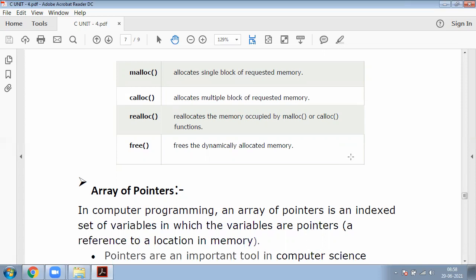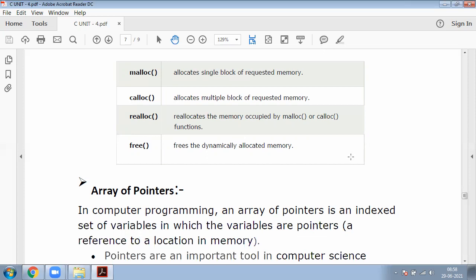Now coming to calloc, what can the calloc function do? The calloc function allots multiple blocks of requested memory. So malloc can allocate a single block, but calloc allocates multiple blocks of requested memory.